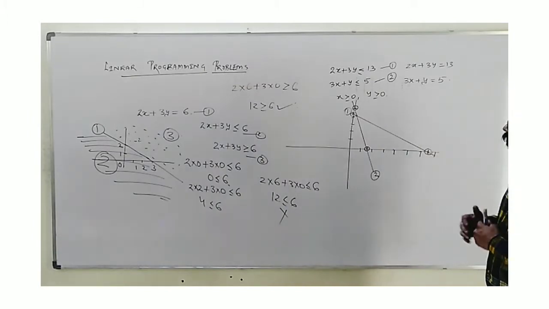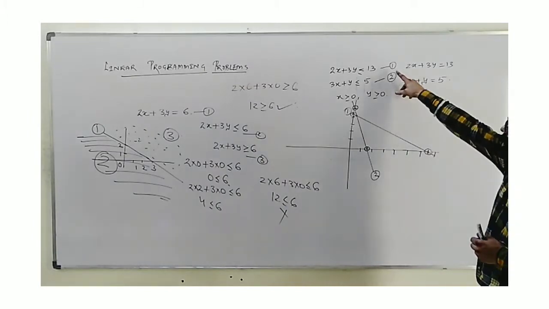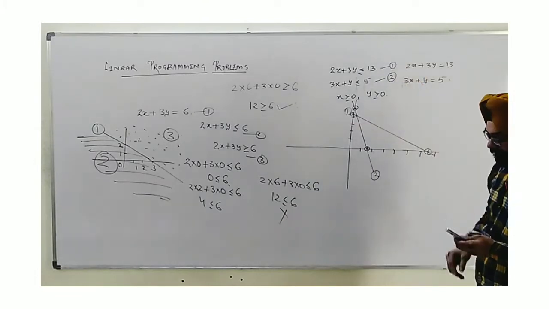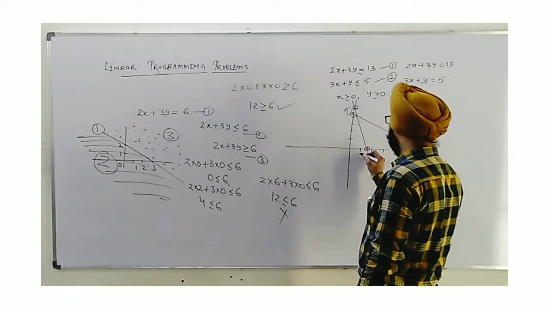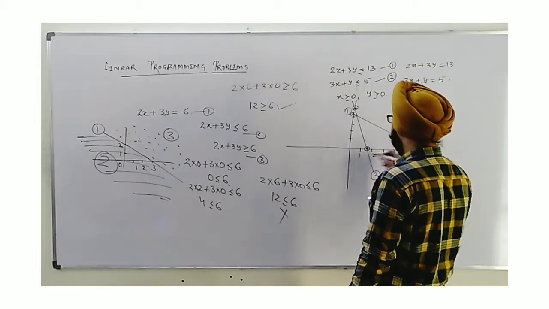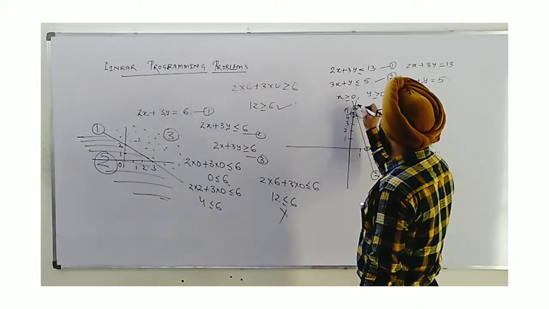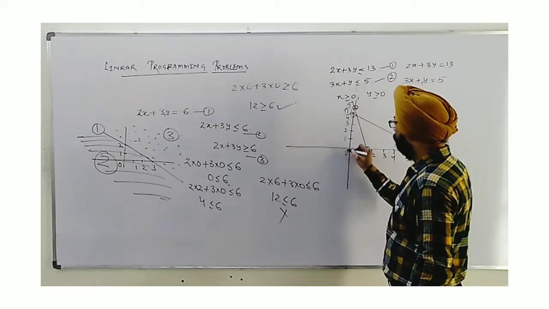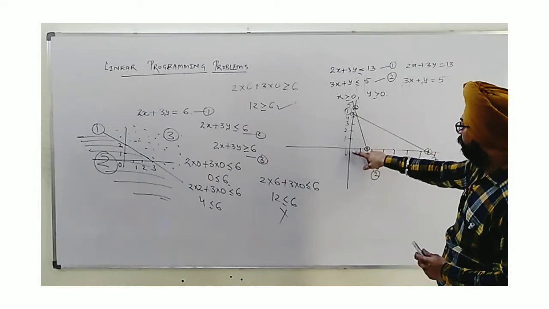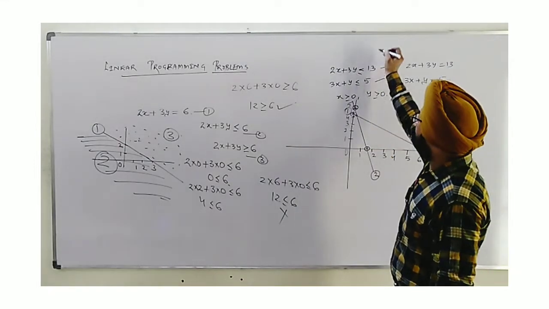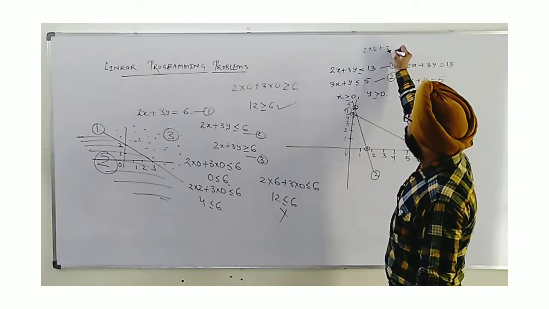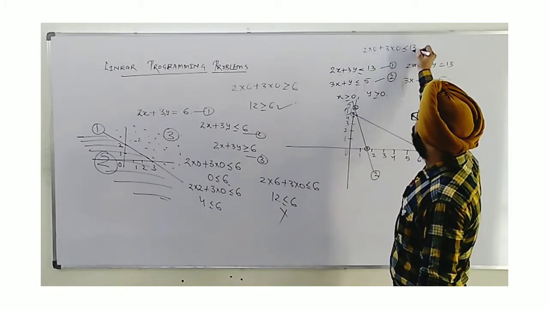So here we find for the first equation, if I want to check for the first one. Randomly, as I said, we should take the points which are convenient for calculations. So we will pick those points here, and here we go. Like for the first one, I see 0, 0 can be taken. So if I replace x and y by 0, 0, both the terms will become 2 into 0 plus 3 into 0 is less or equal to 13.